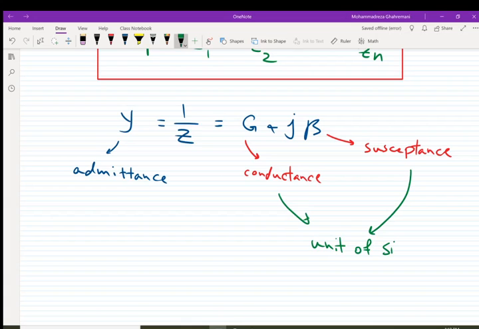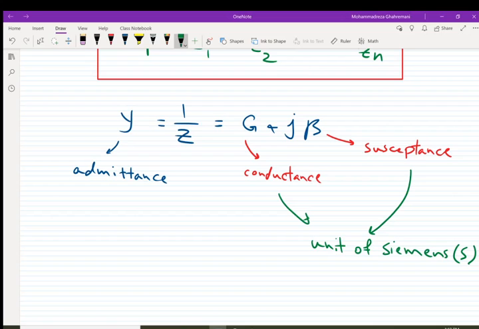The same unit we use for showing the conductivity, which is the opposite of resistance, and the symbol is capital S. Okay, so this is the admittance and the parallel equivalent of